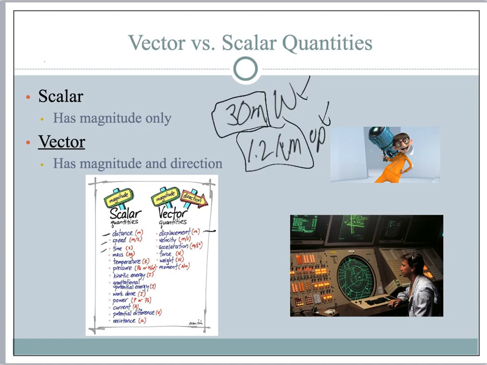But these values, displacement, velocity, acceleration, force, weight, moment, these are all examples of vector quantities. And of course here we see the vector character from Despicable Me, and I believe his tagline was committing crimes with direction and magnitude. I think that there's a link to that if you download the PowerPoint.